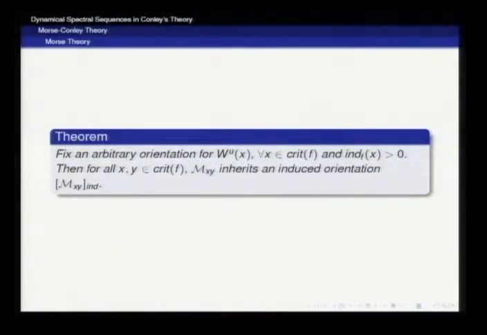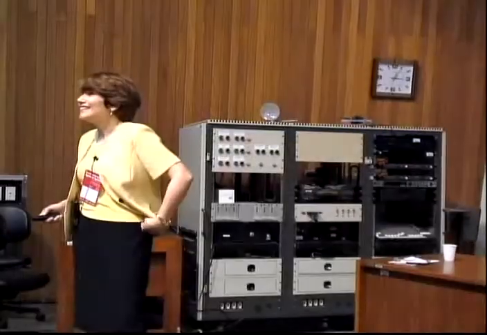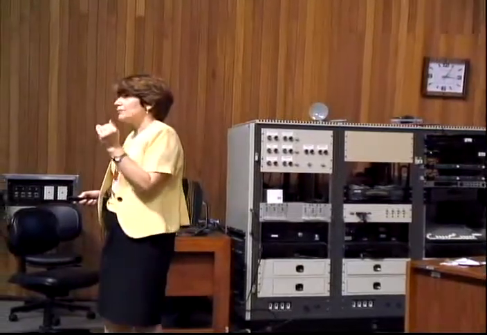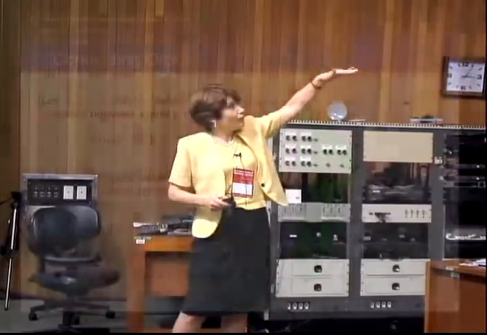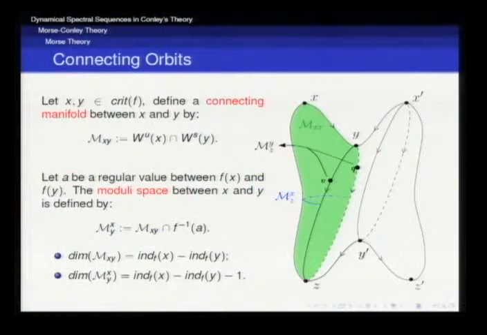Yes, it's actually the moduli space I'm taking as that level set. See the blue, for instance? That would be the moduli space corresponding to the connecting manifold from x to z. It's really when we quotient out the flow lines. Some people use the definition that the moduli space is actually the collection of the flow lines. That's fine. They're equivalent definitions.